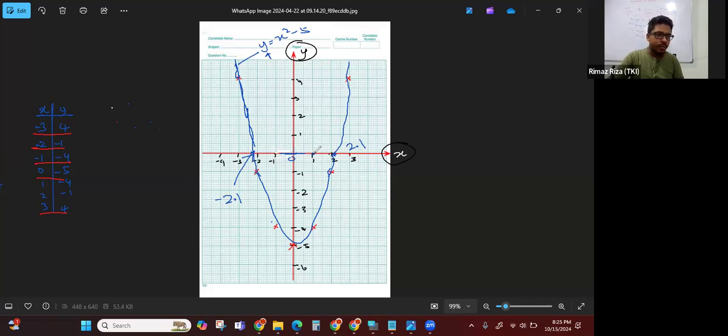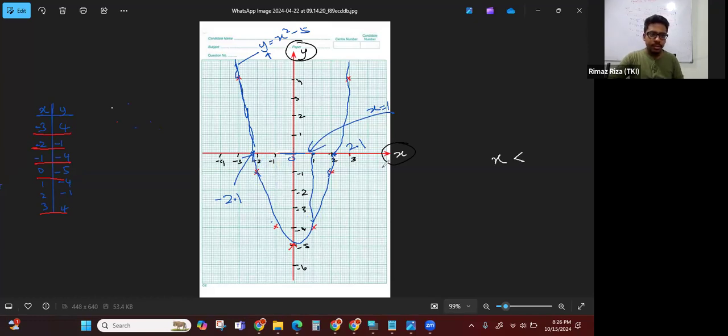Now for example, if I take x equals 1, here the graph value is negative, right? The corresponding value is negative. Therefore, in this range, any x value gives y as a negative value, right? So therefore, the range of x we can write as